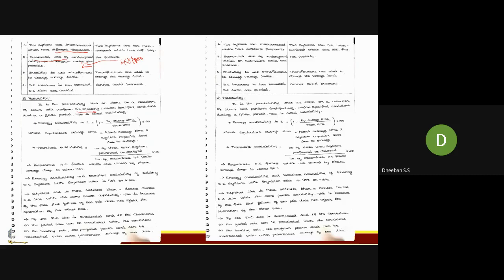The energy reliability equation is given as 1 minus outage time by total time. The equivalent outage time formula is actual outage time, with reference to the fault, into the system capacity loss due to the outage. Transient reliability is the number of times the HVDC system performed as designed divided by the number of recorded faults. Through this you can find reliability by this formula.